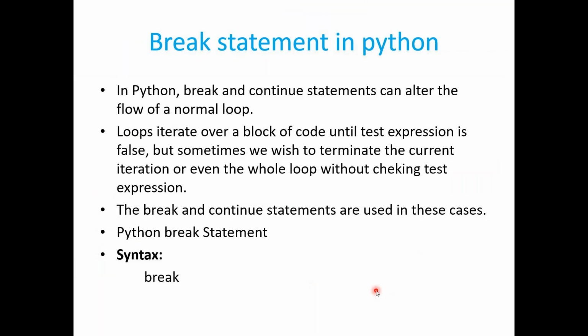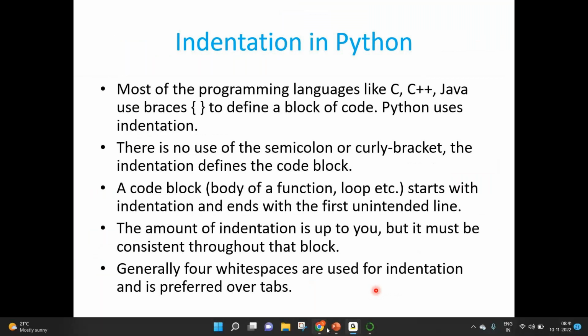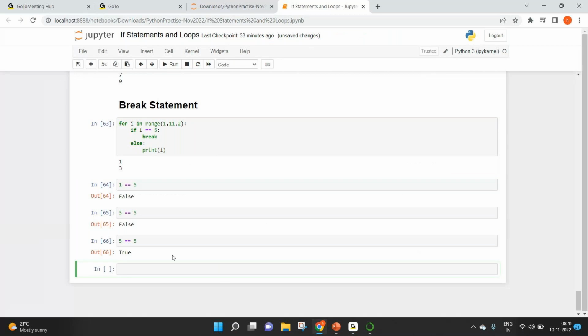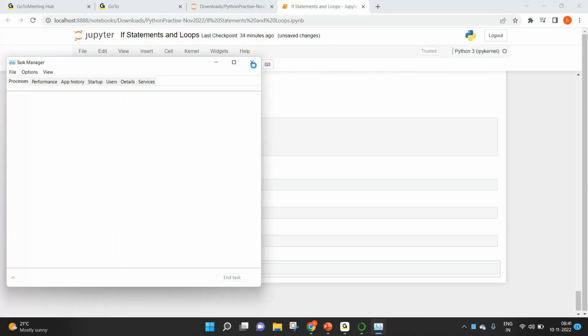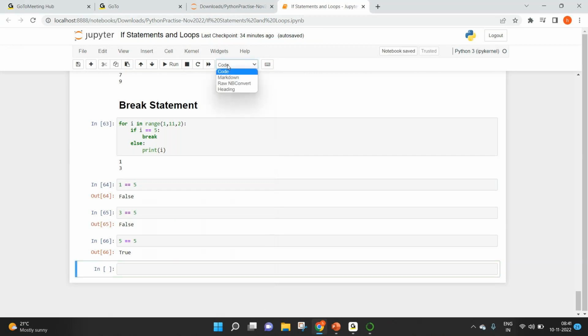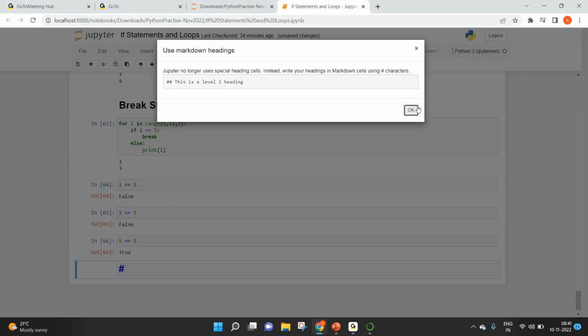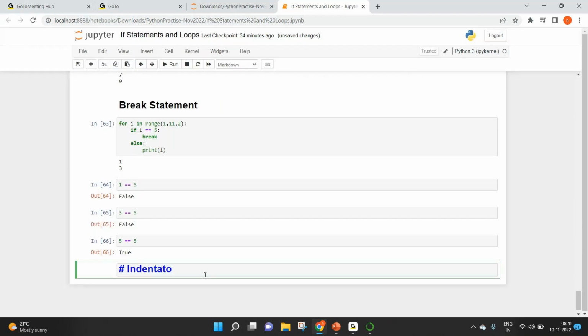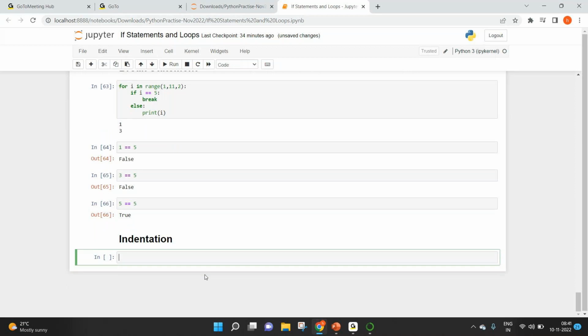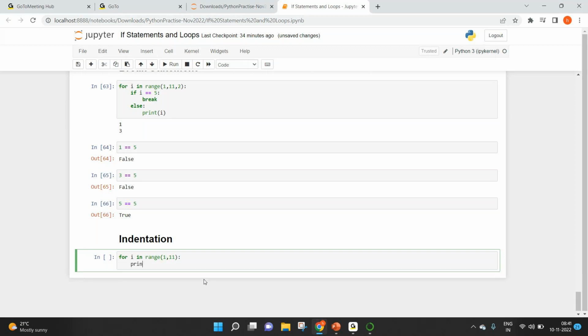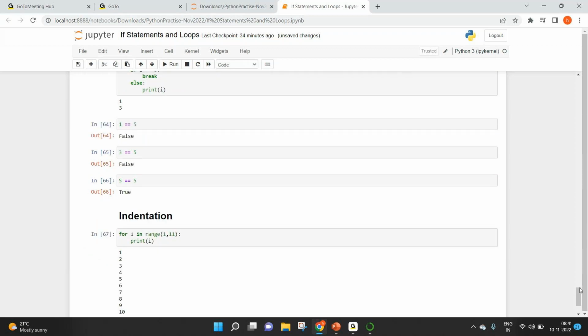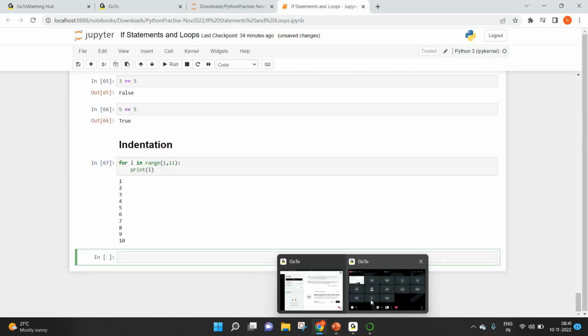Now we'll talk about indentation in Python. I'll add a heading. So I'll take an example. Let's say for i in range of 1, 11, and I wanted to print i. So this will print the numbers from 1 to 10. Now to talk with respect to the indentation,